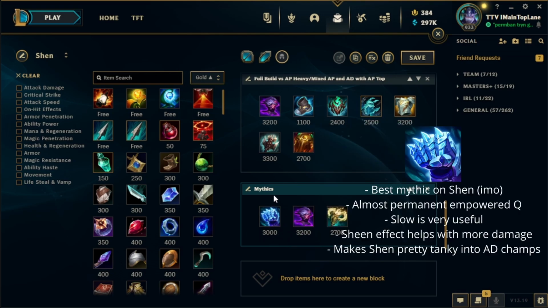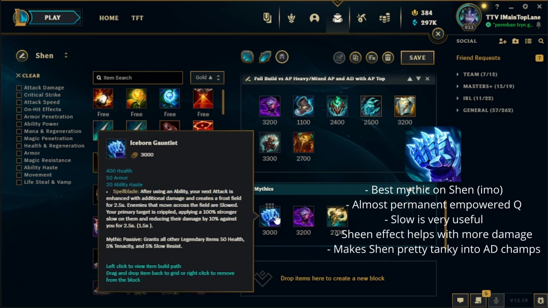Lastly, we have Iceborne. I think this is the best mythic for Shen. The Sheen effect's really nice for damage. The slow is really good for repositioning your Qs. And the mythic passive also has a really nice bonus of tenacity, health, and slow resist. And the 50 flat armor is also really good in an AD bruiser dominant meta right now with